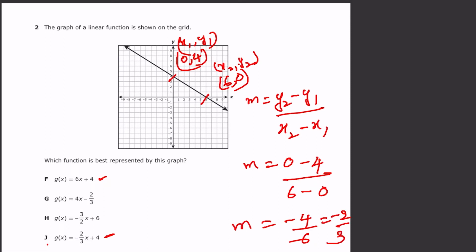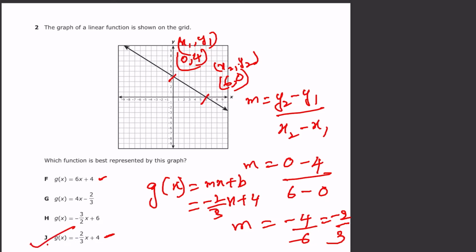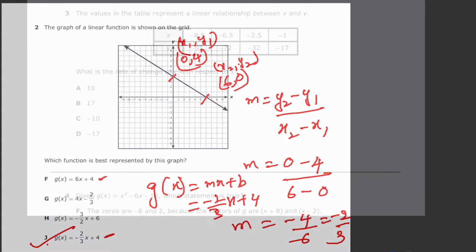The function here is represented as g of x. So you can write g of x is equal to mx plus b, meaning you're getting minus 2 by 3x plus 4. So the option is J. J is the right option. Third one,